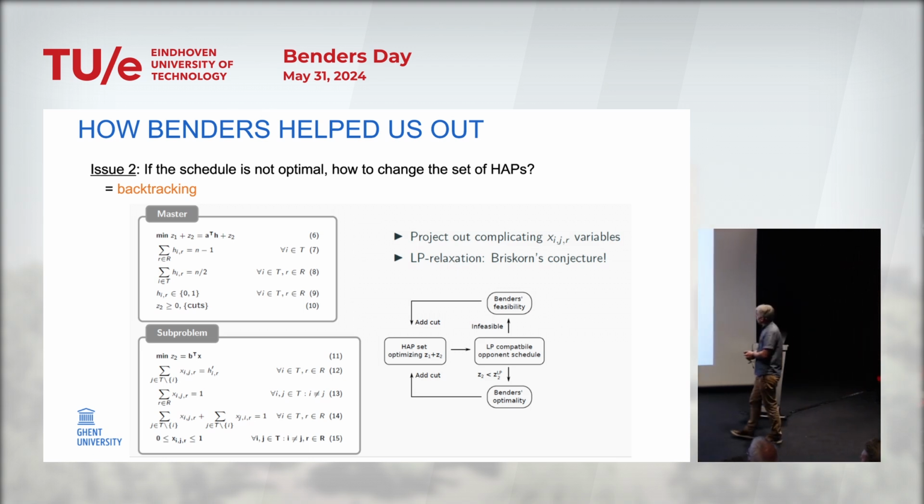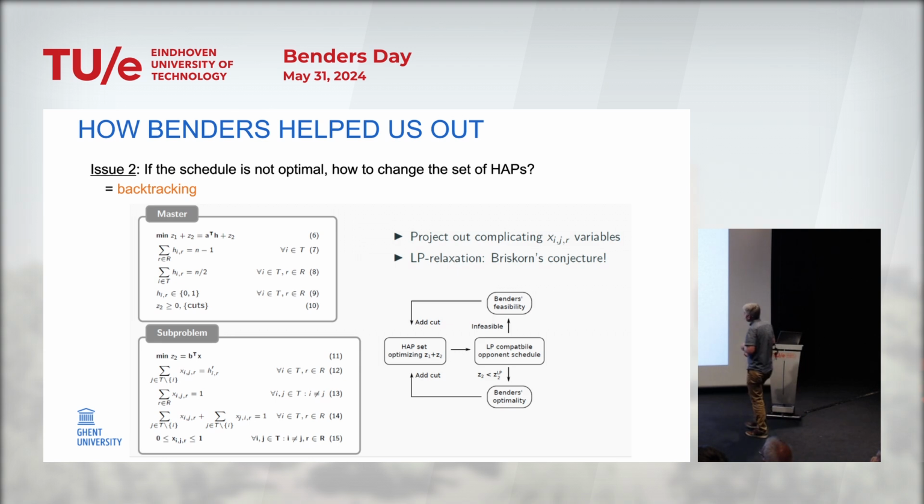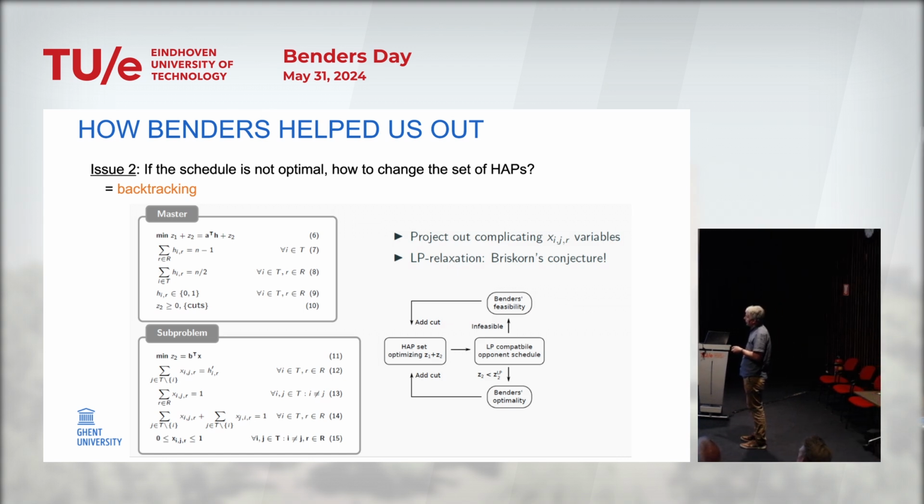So the subproblem checks whether there is a feasible schedule given the home-away patterns. Now, recall Briskorn's conjecture, stating that the LP relaxation is actually a sufficient condition to know whether it's feasible or not. We're going to use that by checking whether the LP relaxation gives you a compatible opponent schedule. If not, we add the Benders feasibility cut. If it does, and we have underestimated the cost of that solution, we add a Benders optimality cut to the